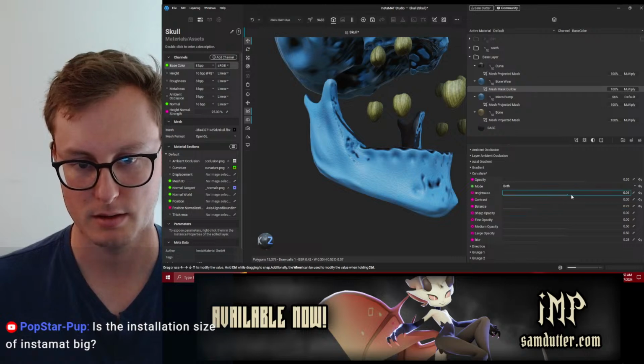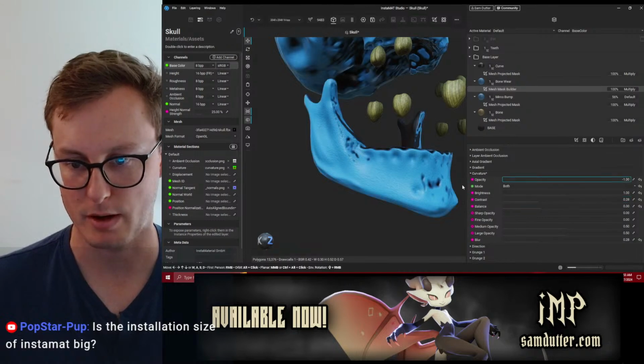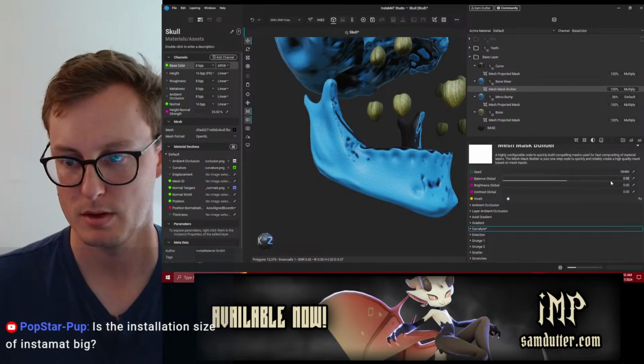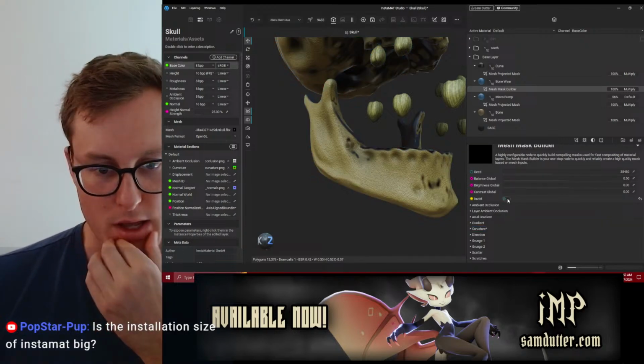I don't see anything. It's barely here. Okay, so I don't think the curvature is the right way. Curvature is not the right way to go.